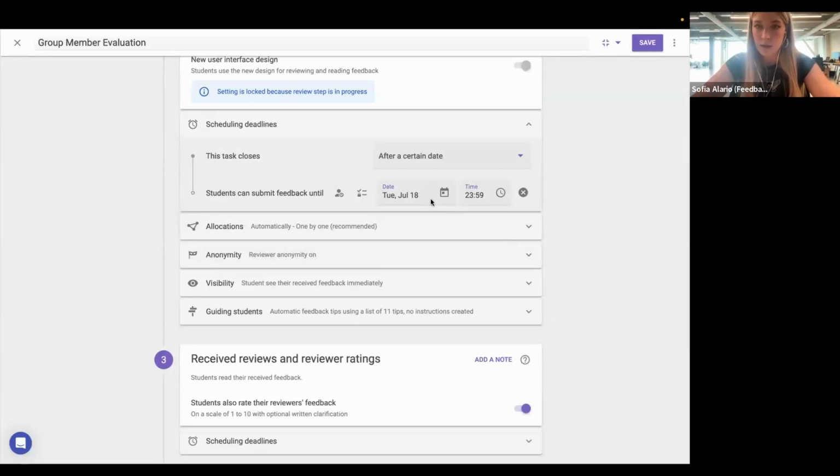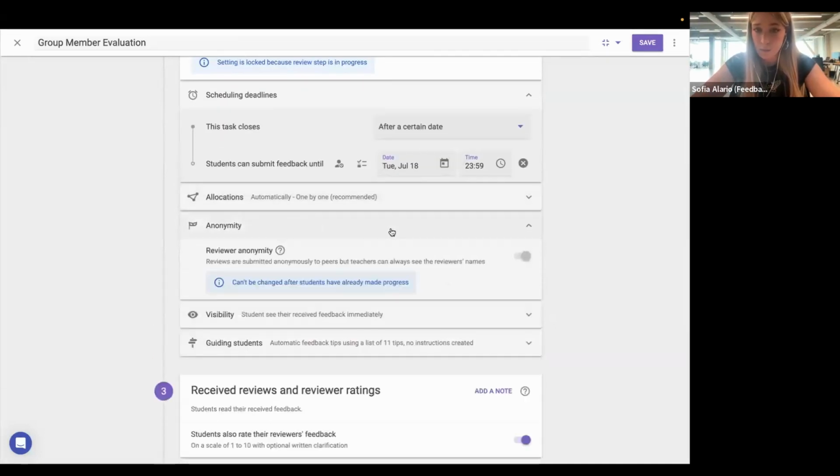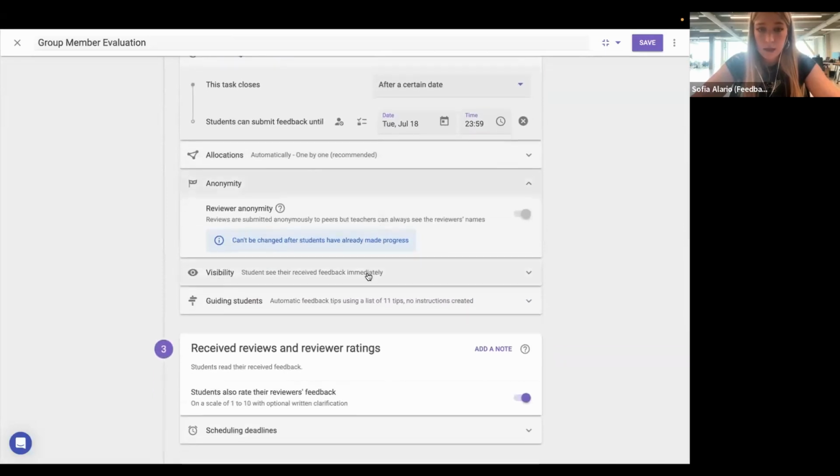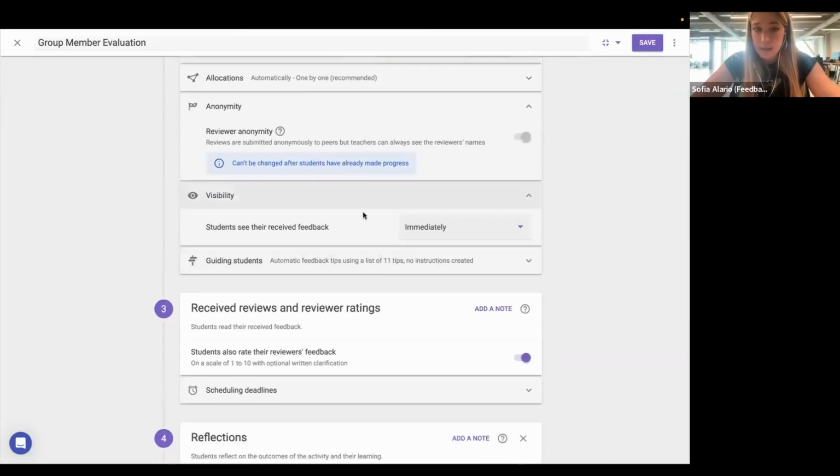So you don't have to do it in Canvas, you can do it directly in Flipperfruits. This is where you determine the allocation. This is where you determine the anonymity. And visibility is where you determine when students will see the feedback they have received, which is what I was mentioning earlier. So here you can decide if students will have access to the feedback they have received after the